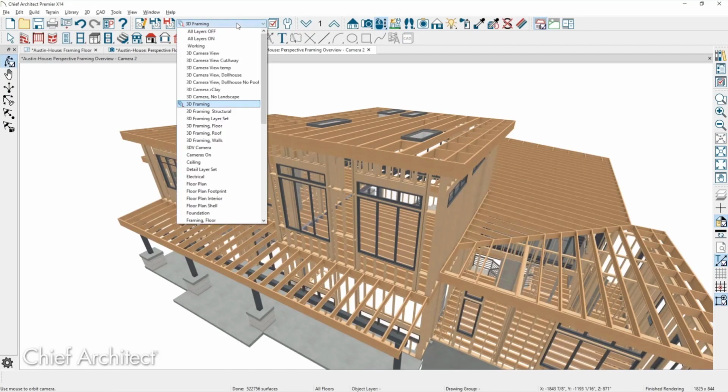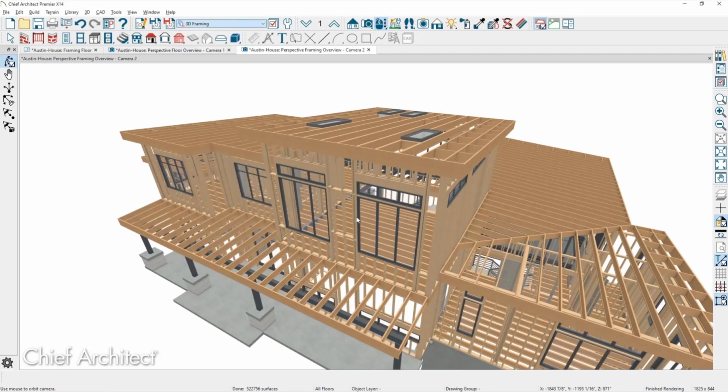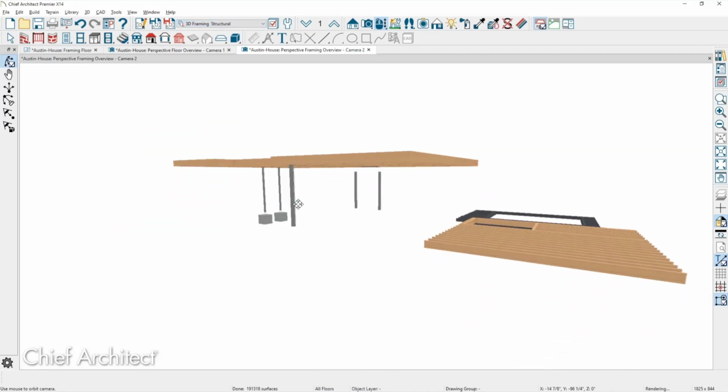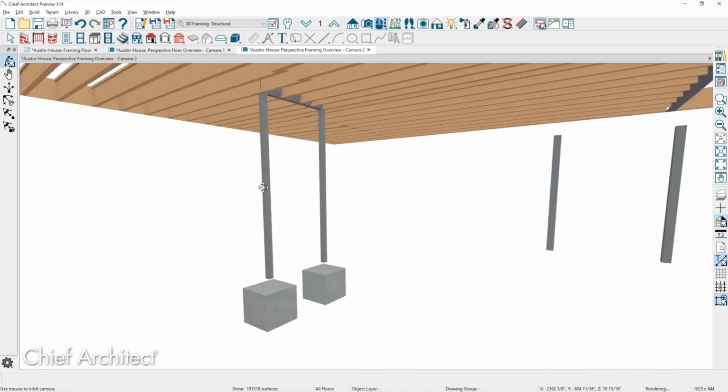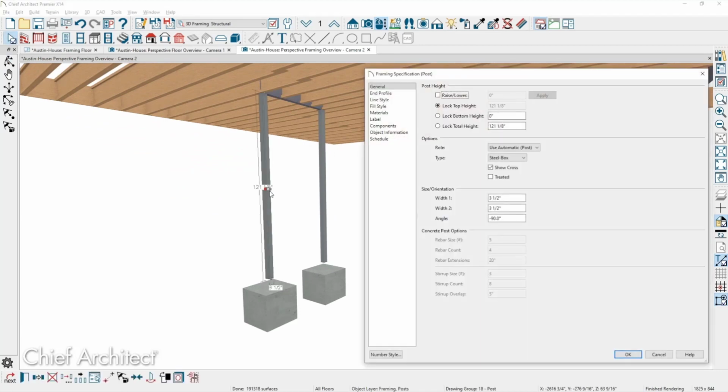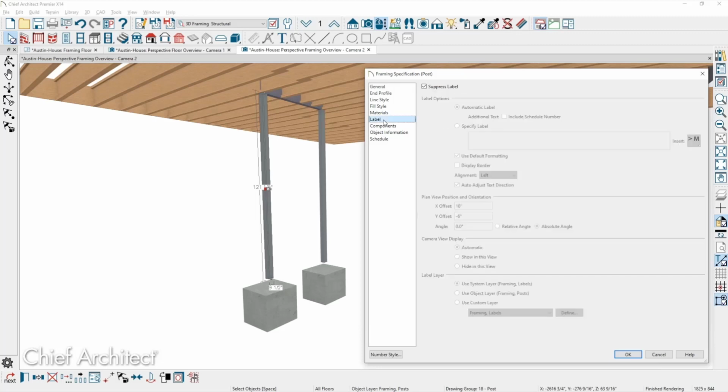Let's zoom in here. I probably have a structural view here. I'll eliminate some of the things here. So you see how I have those posts over here that are being carried? Yes. And when you open up the post, you can choose the material or the type that it is. So on the general panel, there's a drop down with the framing member type. Do you see that okay? Yes. And as well, you can go over onto the label panel and call it whatever you want, if you want to type in a very specific label, whether it's an HSS post or whatever it